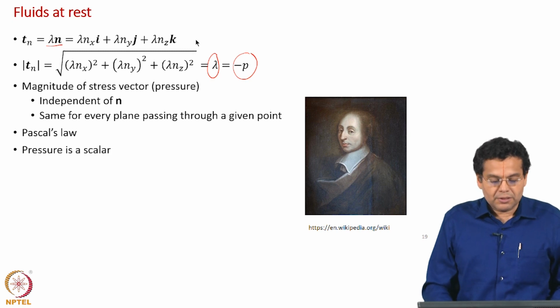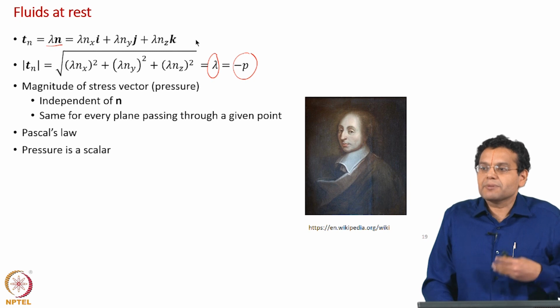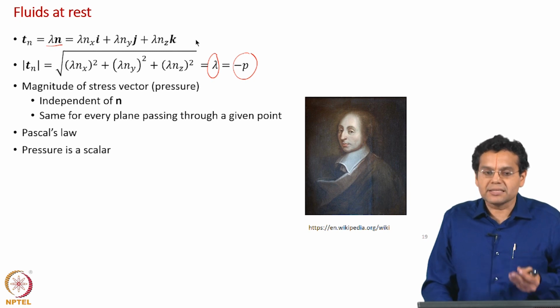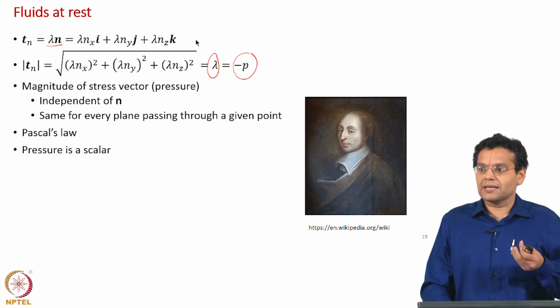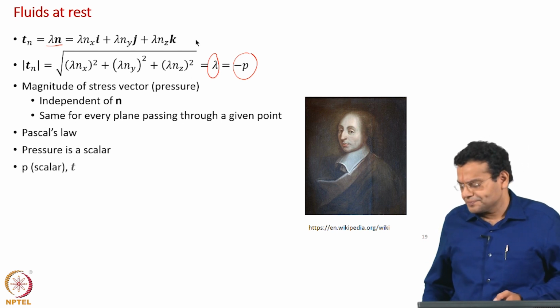Okay. And that is why pressure is a scalar. Why? Of course, we know that any quantity which is independent of direction is a scalar, like density, temperature, etc. Only difficulty is little bit difficult to understand pressure as a scalar. Reason is very simple. Why? That I will explain now.